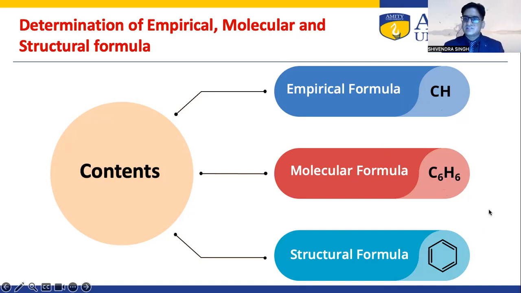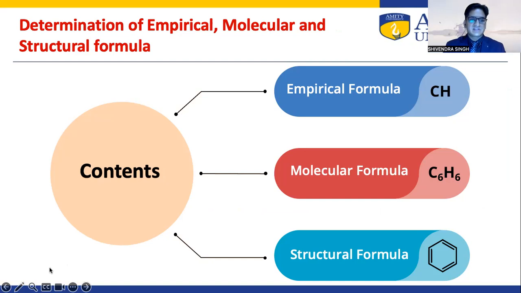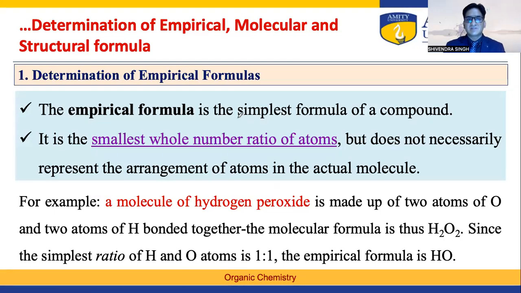Now we'll be discussing all these three one by one. What do we mean by empirical formula? This is the first question which comes to our mind. As it is written here, the empirical formula is the simplest formula of any compound, in terms of the stoichiometric number of atoms present in the compound. We also say it is the smallest whole number ratio